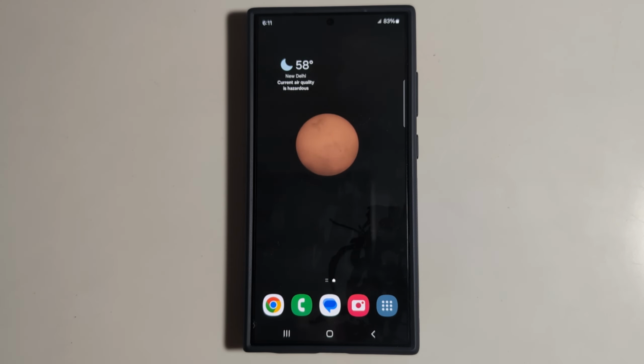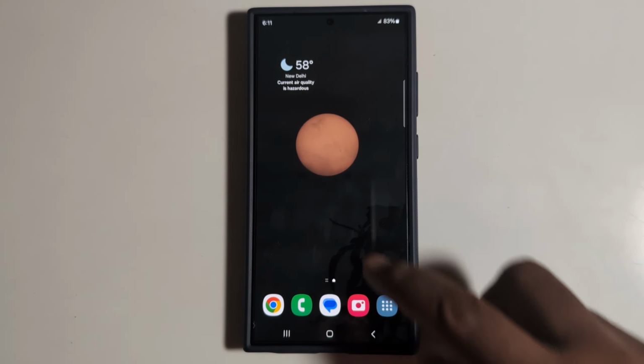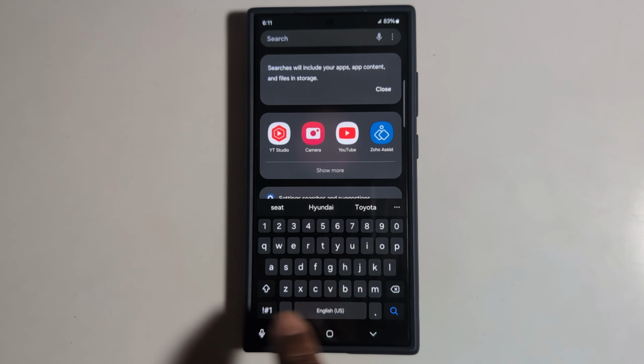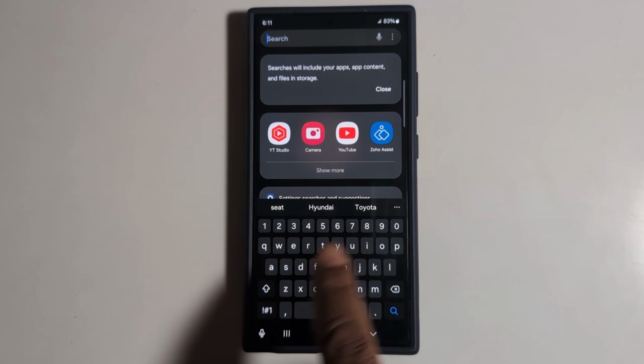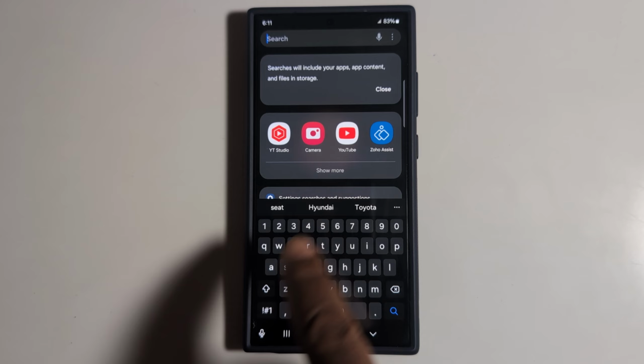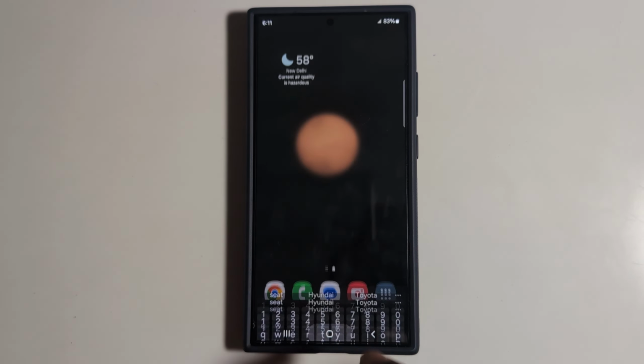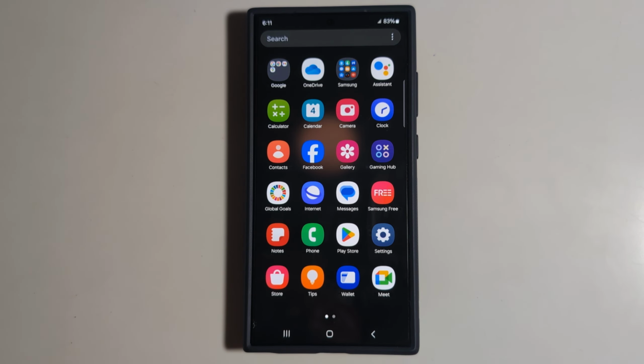How to customize the keyboard on Samsung Galaxy S24 Ultra. By default, when you open any keyboard, you can see the keyboard layout, keyboard style, and font on your device. If you want to customize these keyboard settings, you need to open the app drawer on a Samsung device, tap